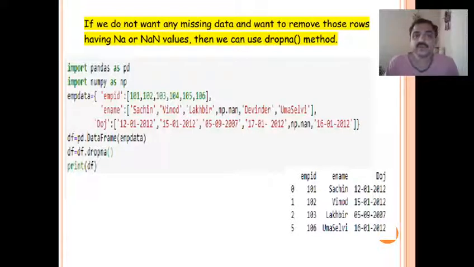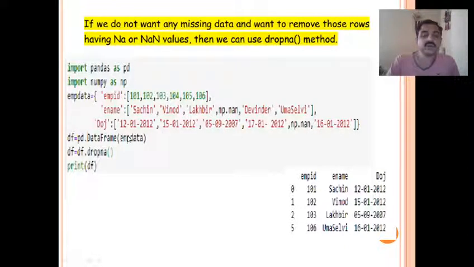If you do not want any missing data and want to remove those rows having NA or NaN values, then we can use a function called the dropna method. So you can see one more function. Wherever there is missing data, you don't want to display those records. You can do that with the help of the dropna function. Here the same example you have taken, where NaN is written. There are two values, one name is missing and another one date of joining is missing.